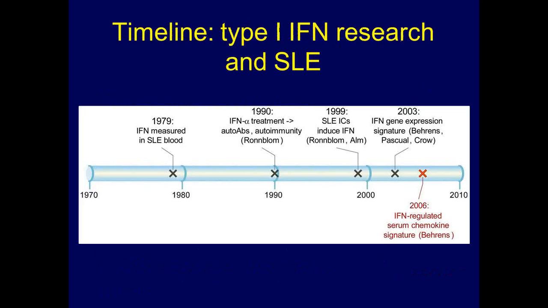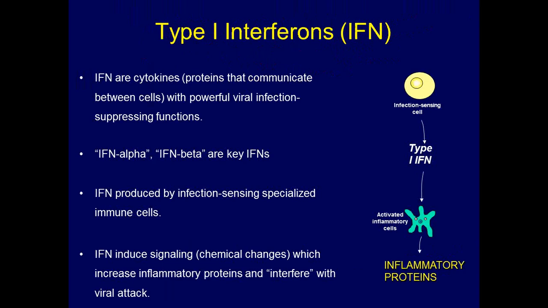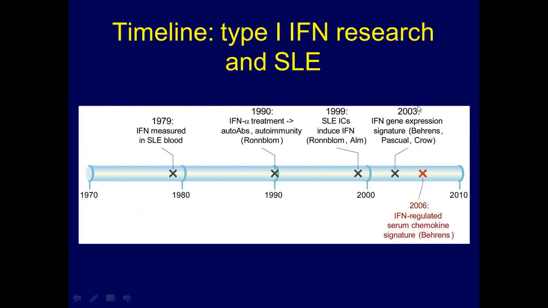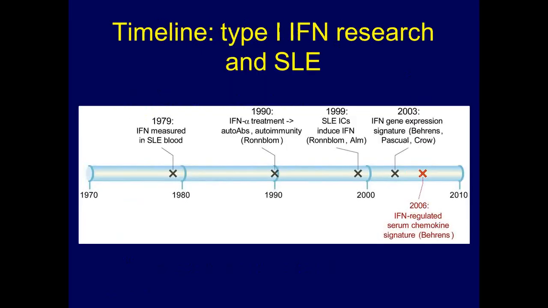So there's a little cartoon here over on the other side, the right-hand side of the slide here, which depicts the infection-sensing cell. This would be a cell in the lung or a tissue that meets up with a virus, and upon seeing a virus, produces type 1 interferon. The type 1 interferons then interact or signal to additional cells in the body, which help the body to produce